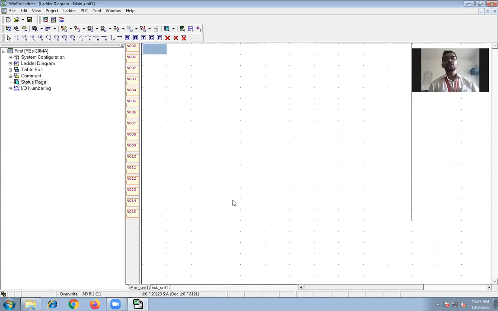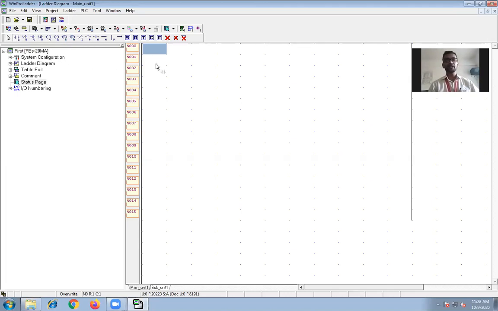Now, let us assume our first program that we have done in last lecture. That is our AND program, correct? AND program was there. So as you can see, you can select input, output, or any function from this bar, which is present at bottom of your menu bar. So this is NO contact. This is NC contact. You can zoom your screen to see it clearly. This is NO contact, this is NC contact, and this is output coil. So we'll click here.